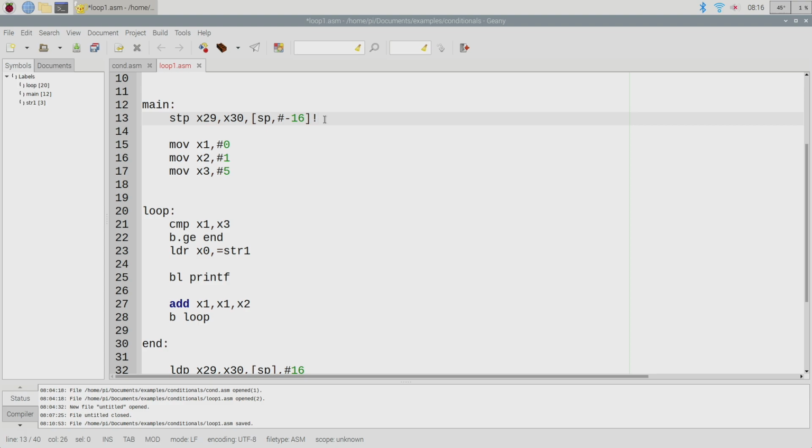Okay, so the stack sort of works like that, in the sense that we push things onto the stack, and we pop them off of the stack. Now, the thing that's going to be maybe slightly irritating is that the stack grows downwards. And when I say downwards, I mean in the direction of lower memory addresses. Okay, so if our stack starts at, and I'm just going to make up a number here,